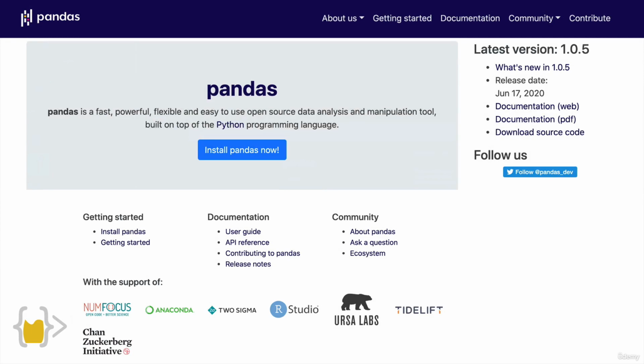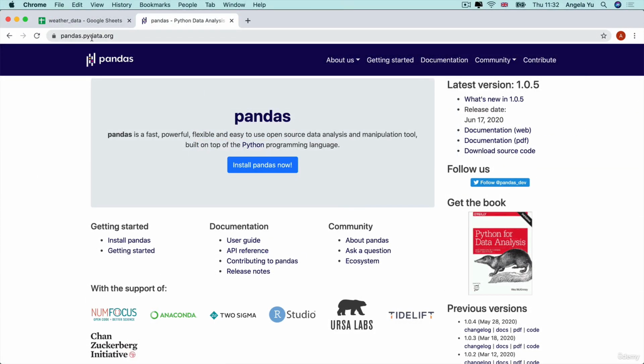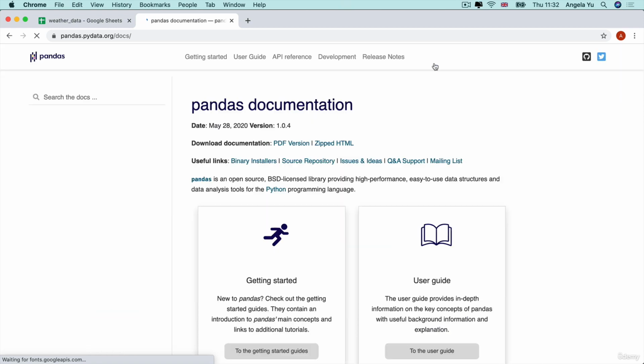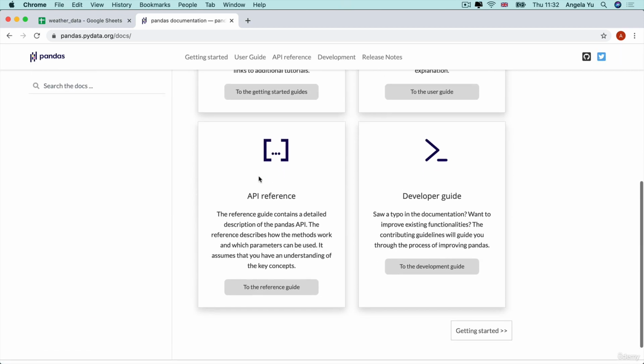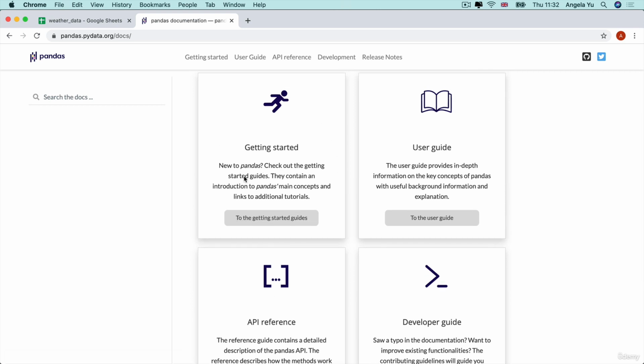Now, while that's installing, I want to quickly introduce you to the documentation for this library. It's really well documented and it's really powerful, so it has a lot of things in the documentation. If you head over to pandas.pydata.org and then click on documentation, then you'll be able to see all the things that you can do with it. So there's an API reference, there's a quick getting started guide, as well as a user guide on the key